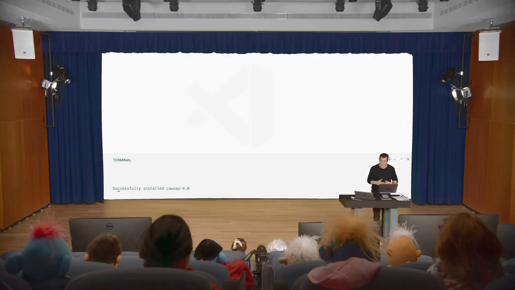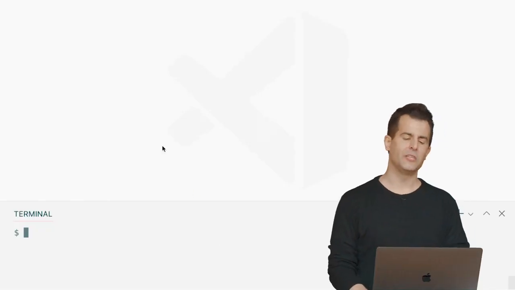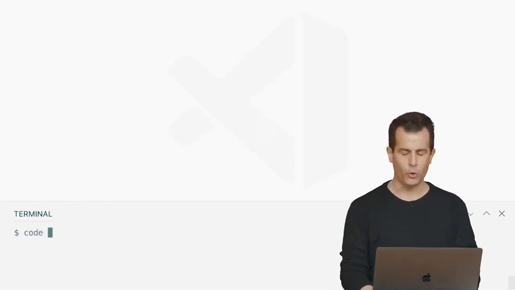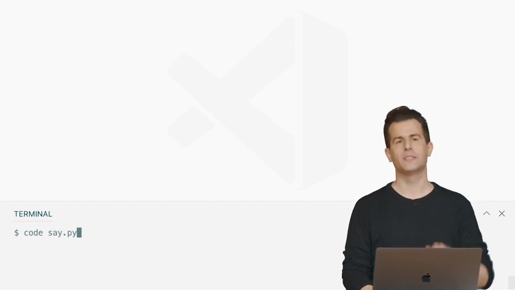Now, what does that mean? That means I can now go about importing this into my own code. Well, let's go ahead and see what this means. Let me go ahead and create a new file with code called say.py, because I want something to be said